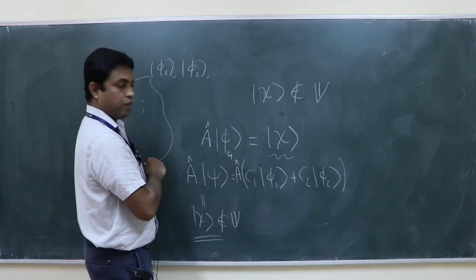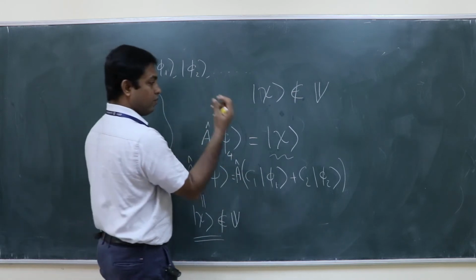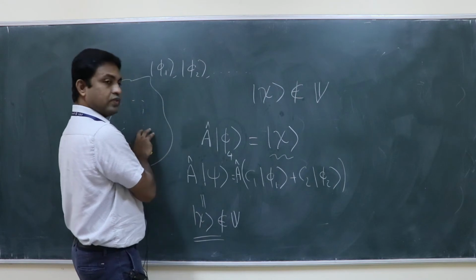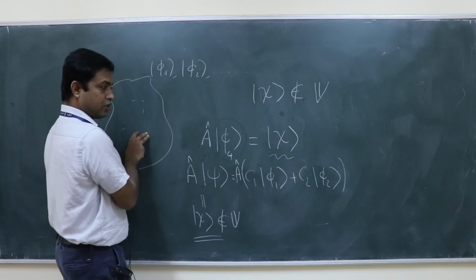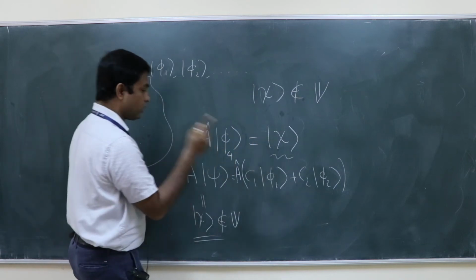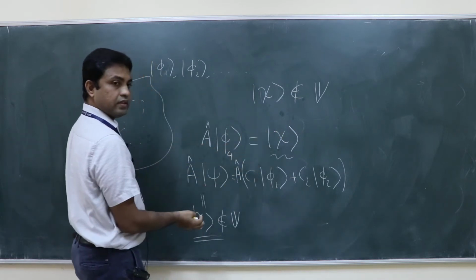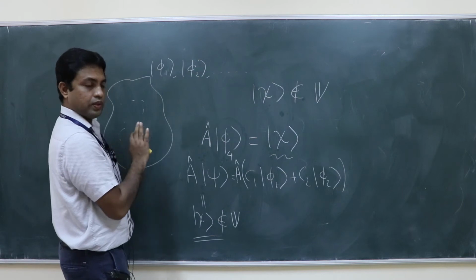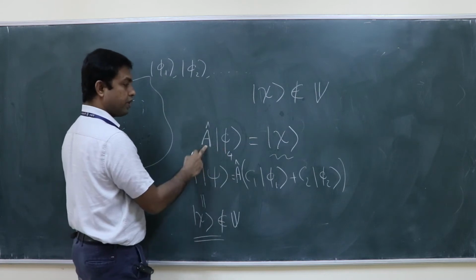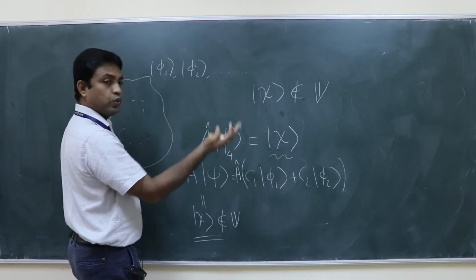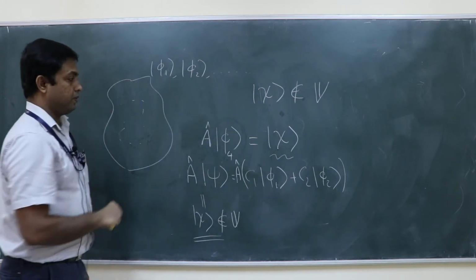But ket phi 4 is a vector in this vector space, and ket psi is a vector in this vector space, ket phi 1 is a vector in this vector space, ket phi 2 is a vector in the vector space. The only thing is this ket chi is not in this vector space, that's all. Because this ket chi is some other vector which does not belong to this vector space. But phi 4, psi, all these are vectors in this vector space. Under the action of this operator, you get a new vector. It is completely a new vector that may or may not exist in this vector space. Okay?